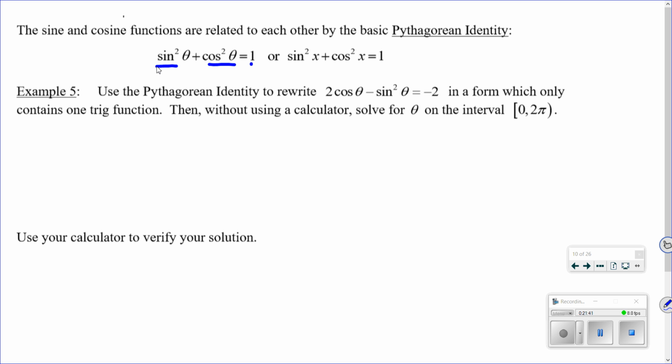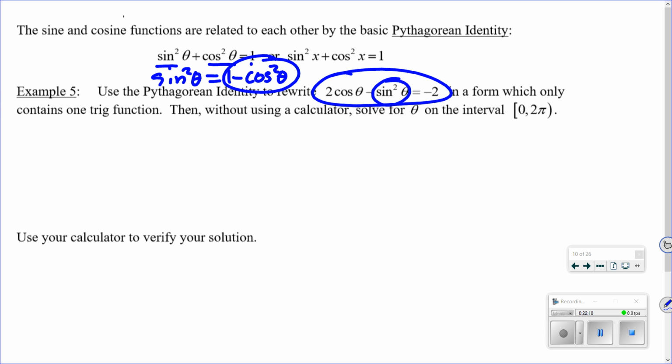So example 5 says, use the Pythagorean identity to rewrite this so that I only have one trig function, and then we want to solve it. So right now I have sines and cosines. So what I'm going to do, up here, right, if sine squared plus cosine squared equals 1, that means the sine squared of theta equals 1 minus the cosine squared of theta. So I'm going to take this and substitute it in for the sine squared. So I would have 2 cosine of theta minus, and in place of that sine squared, I'm going to plug in 1 minus the cosine squared of theta